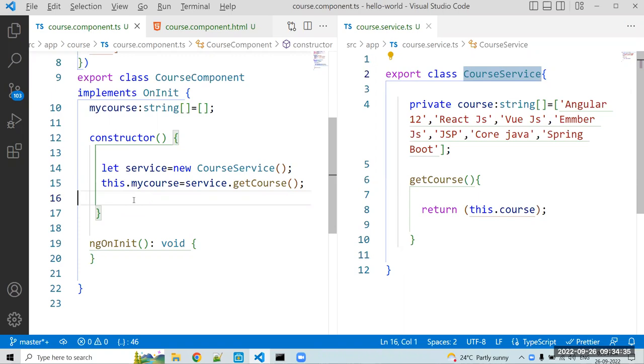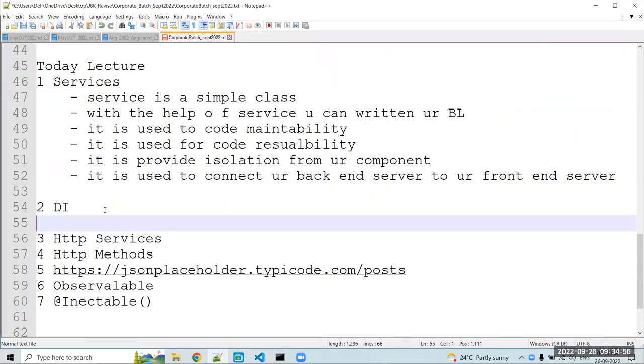So Angular recommends don't use such type of object creation, because every time you create the object, it creates a new instance in every component. So it is a memory problem. Most of the memory is used here. To avoid that, Angular uses dependency injection. So for that, Angular tells us to use